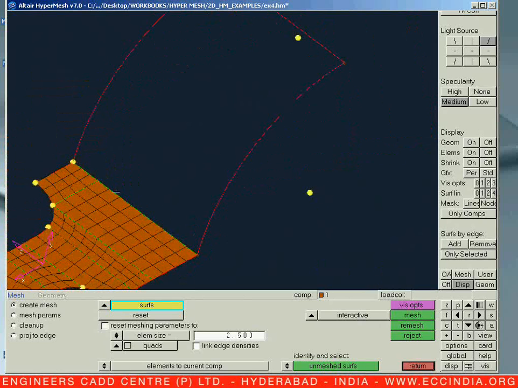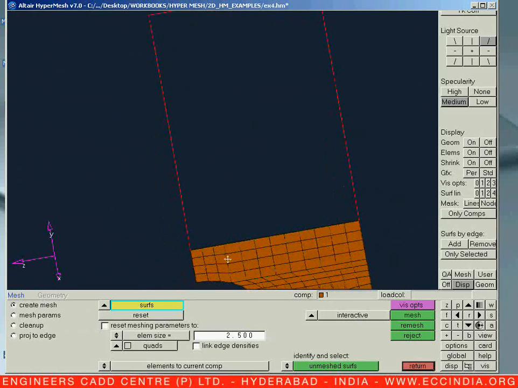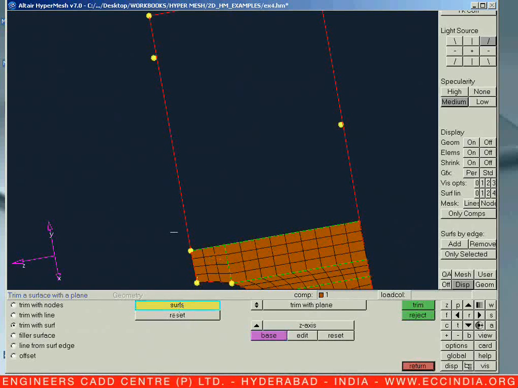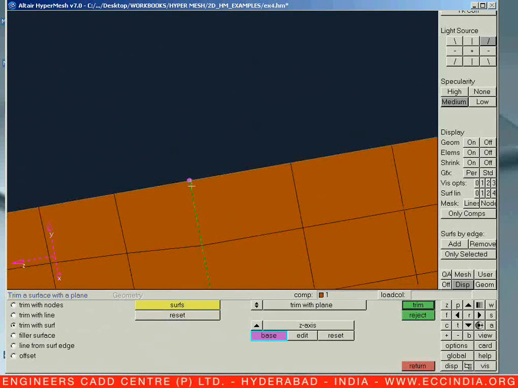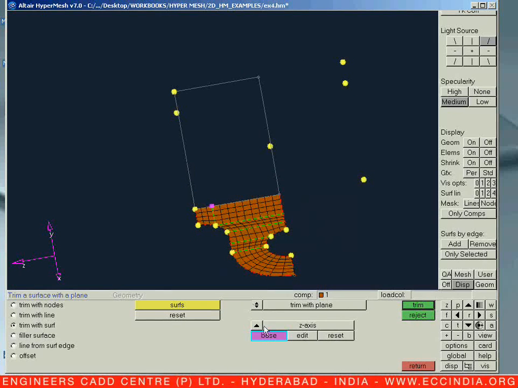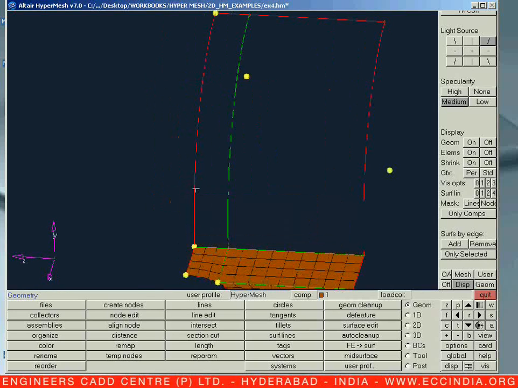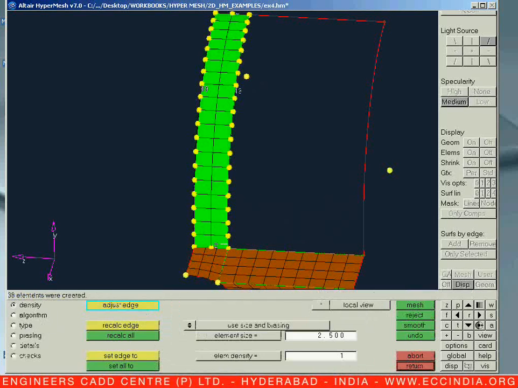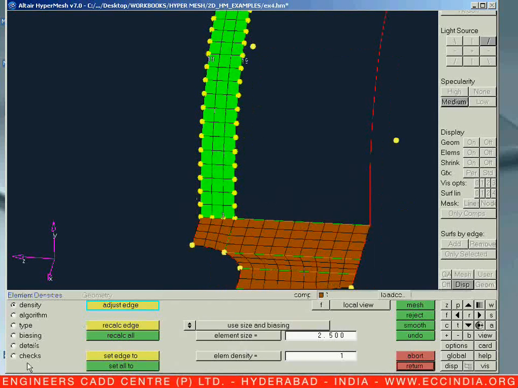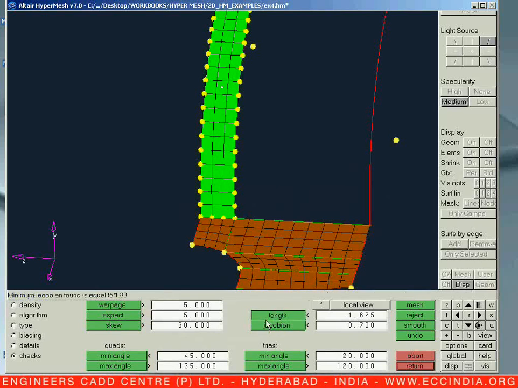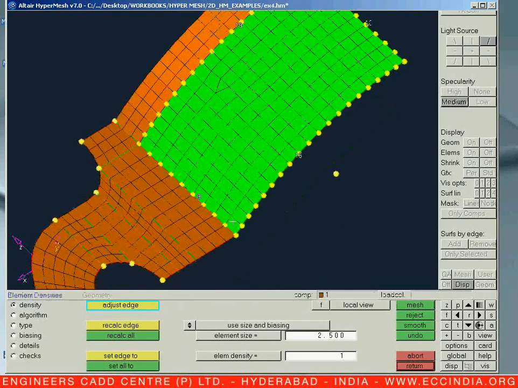So let us keep one mesh, drop down over here. So let us divide this particular surface also. So let us go for Shift F9. This particular surface, from this particular as a base, along Z axis, let us trim it. Now let us go for the meshing of this particular region, F12, this particularly, 3, 3, let us accept and let us check for the checks. No failures in length and Jacobian, so let us accept it. And next is this particular surface, so let us go for the meshing.